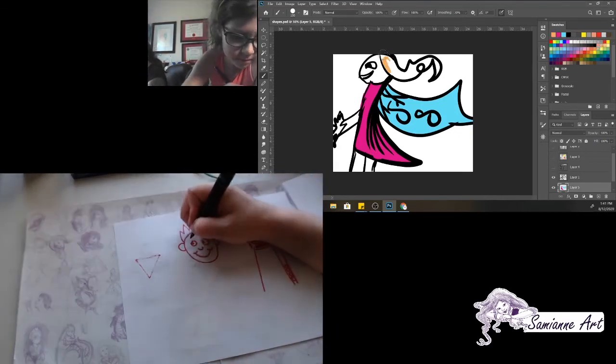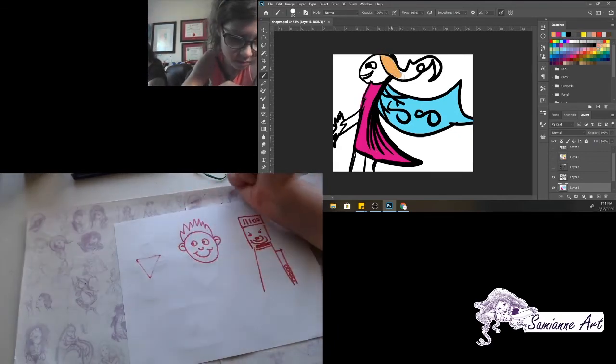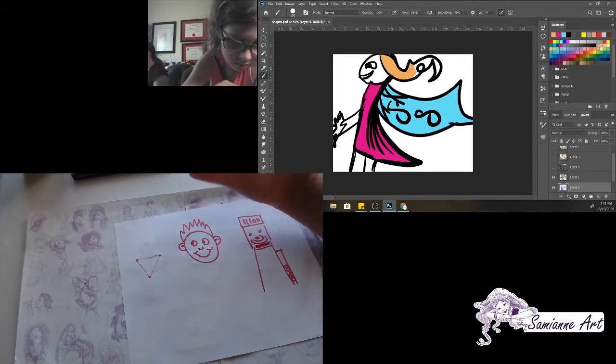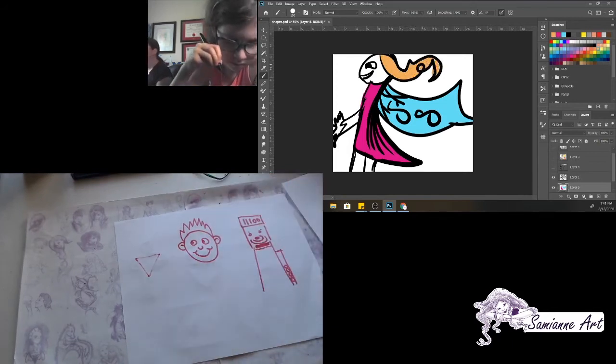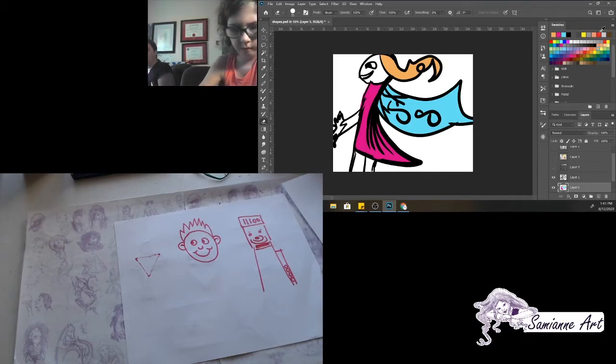So with shapes that are familiar, this is a really good way to start doing faces, but if you want to get into something much more like comic book stuff and your own storybooks, or you want to do a special picture for your mom or your dad,